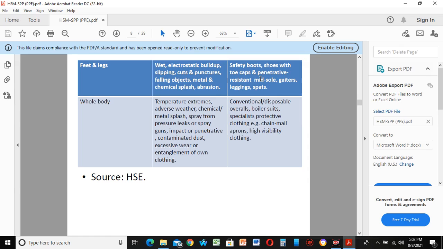And penetrative resistant midsoles, safety boots which have a plate in the midsole, so that maybe when you step on a nail or something, it won't go through into the sole of the shoe and even into your feet. We have gaiters, leggings, and spats. Whole body, basically, we use conventional overalls and disposable overalls, and specialist protective clothing, like what they're using right now